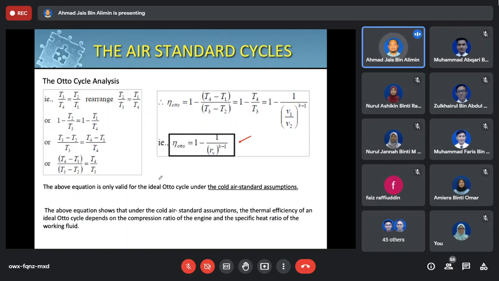There is a condition for using this equation. The above equation is only valid for the ideal Otto cycle under the cold air standard assumptions. Okay, so what does it mean? It means that when you are answering your exam question, in your answer, you put down the assumption. What is the assumption that you use